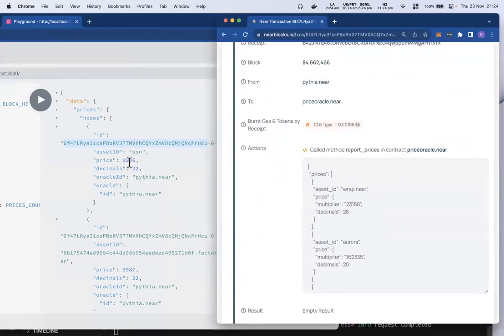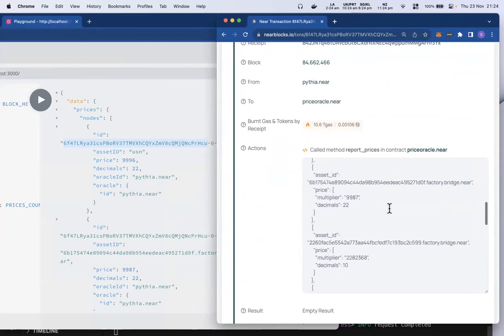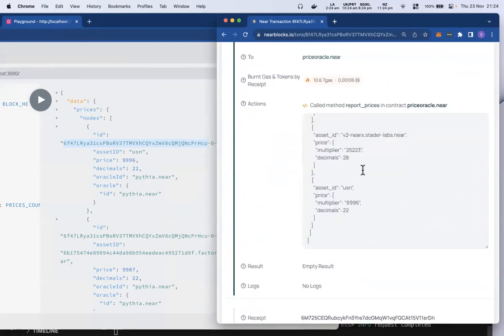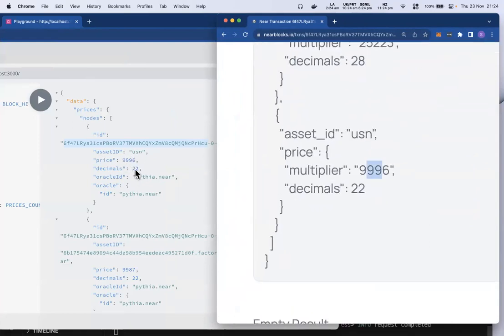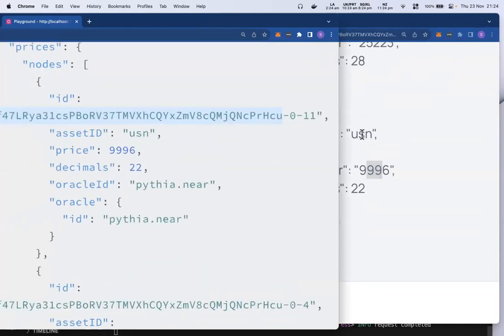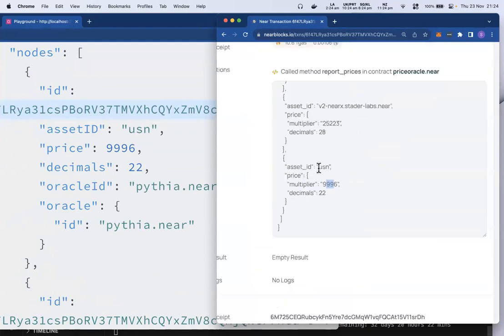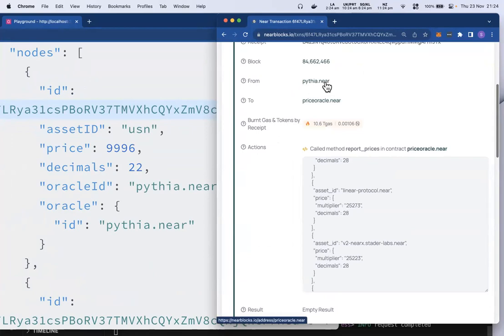So I'm looking for a price of 9,999. In here. Oh, here we go. 9,996, and you can see there's 22 decimals. The asset ID is USN. So there's a match, and this is also coming from pythia.near.